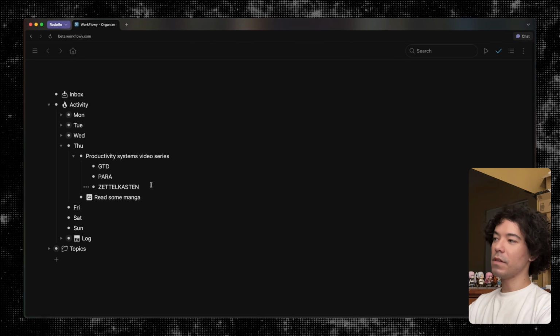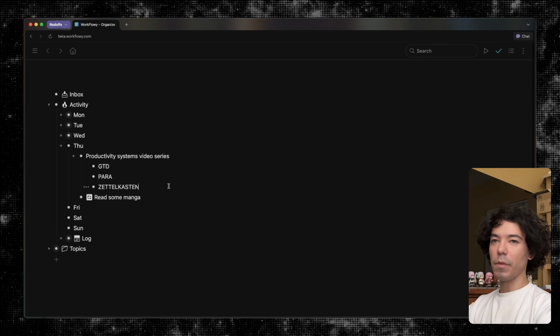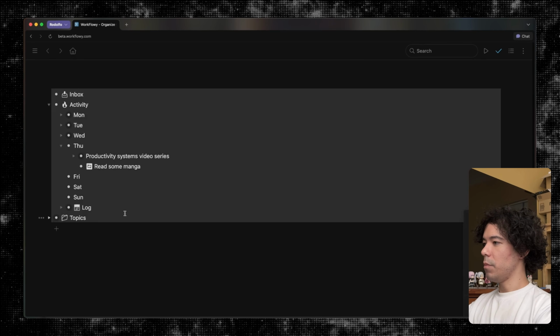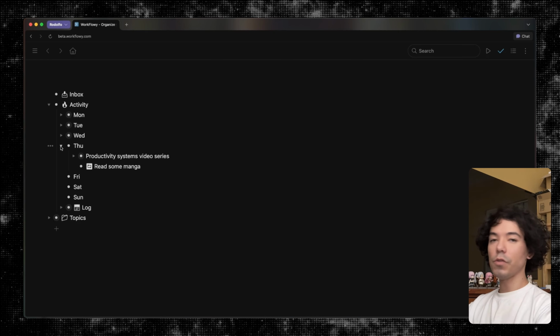I'll be talking about these and a couple of others that aren't necessarily productivity systems, but maybe would fit better under a category of methods like the Pomodoro method, but I would definitely still consider them to be productivity systems of some kind. You'll notice I added some emojis here just to keep things a little bit visually interesting for myself. I also wanted to share something that I have been using myself.